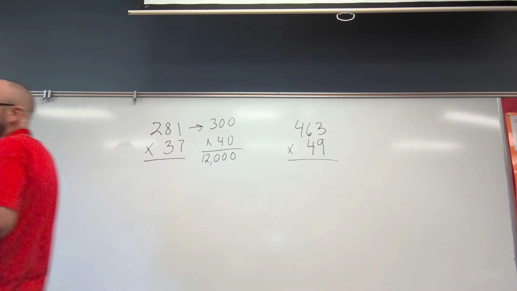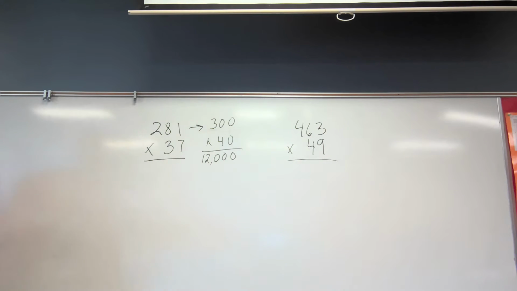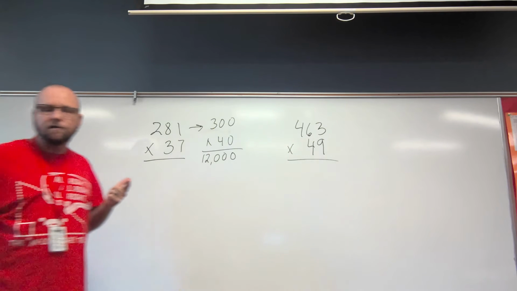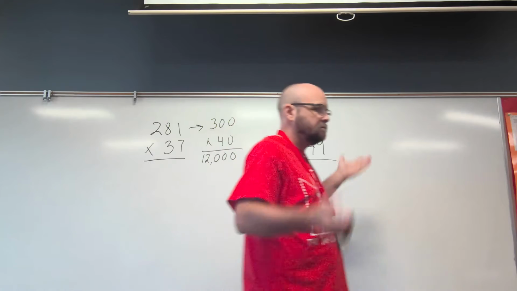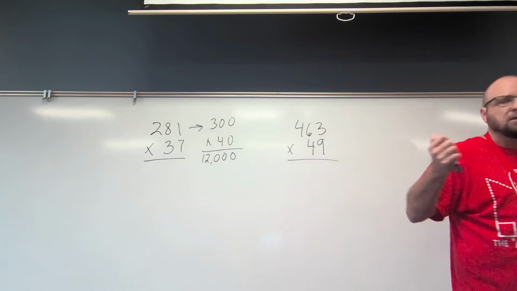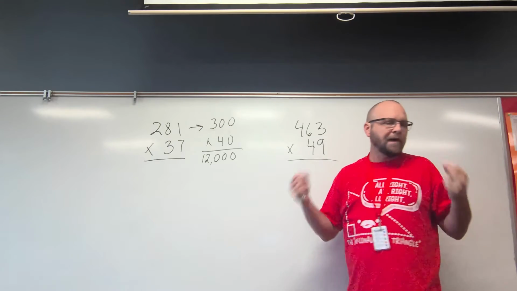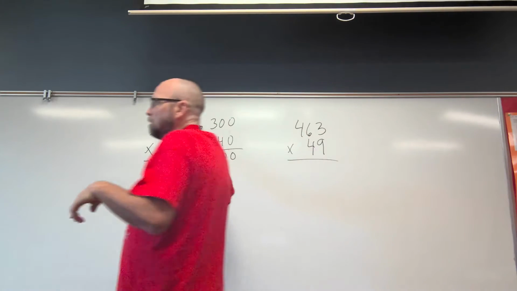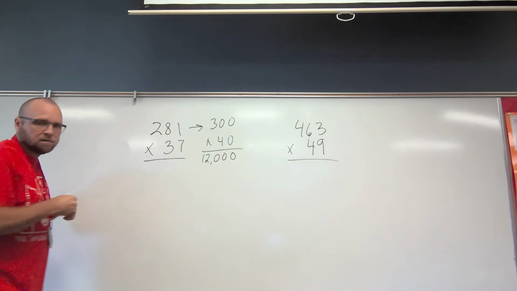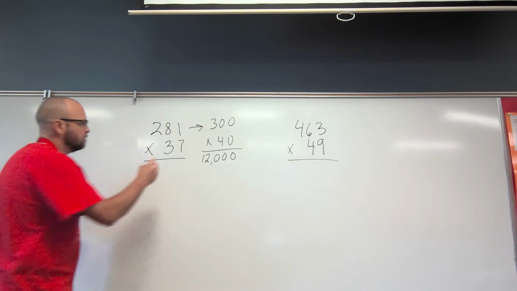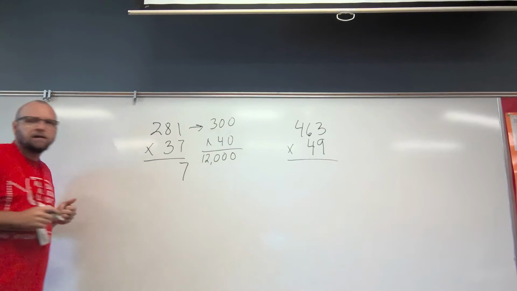Now, all I have to know is my 7s and 3s. You know your 7s and 3s, or you can read your multiplication chart for your 7s and 3s. Then you can multiply this. All you need to know is your 7s and 3s. That is it. So 7 times 1 is 7. 7 times 8 is